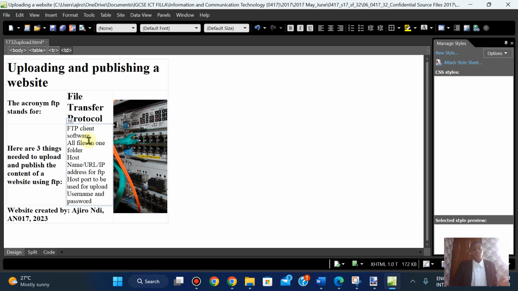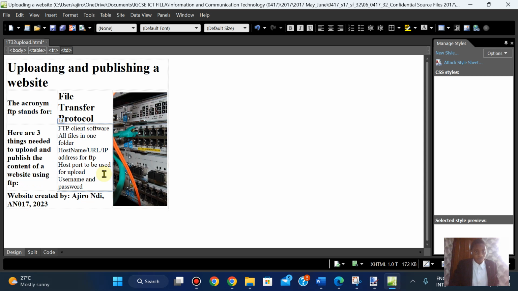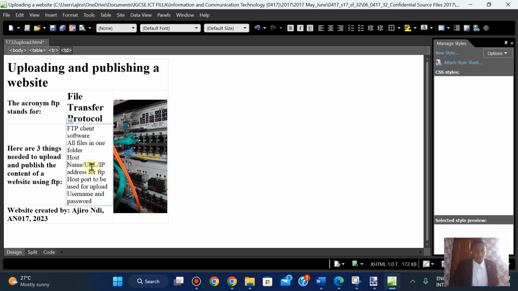Okay, all files in one folder. Please, all files have to be in a folder because obviously you're importing it there. The host name, URL or IP address for the FTP is important. So these are the things we needed to upload and publish content of a website using FTP. Host ports to be used for upload, username and password. Okay, and we're going to make this